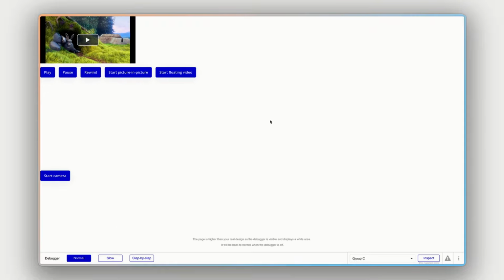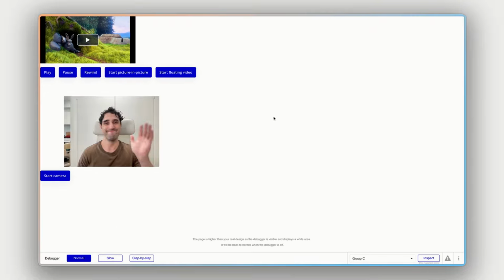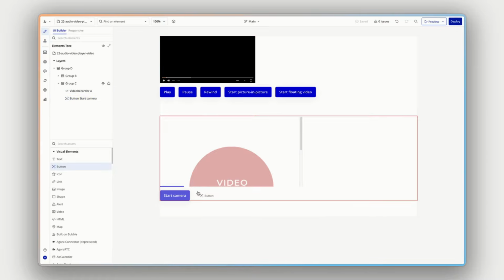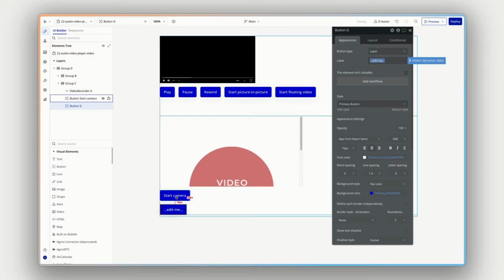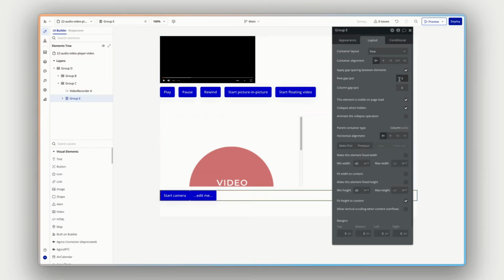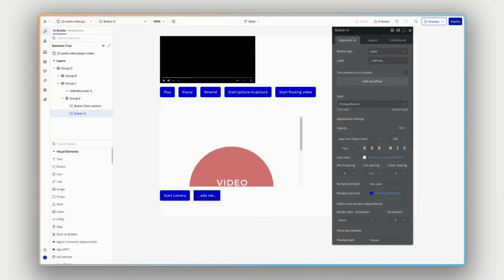All right, I'll press start camera. There I am. Hello. That's working well. Okay, so we then need to put some second steps in. Let's put another button. Put a button here, group these in a row. Let's put a gap of 16 pixels in the column. All right, this one will say